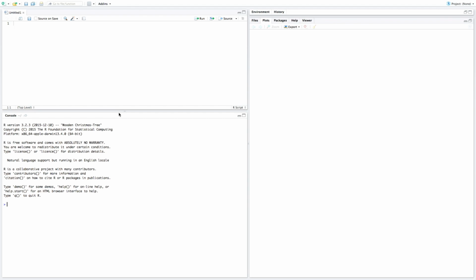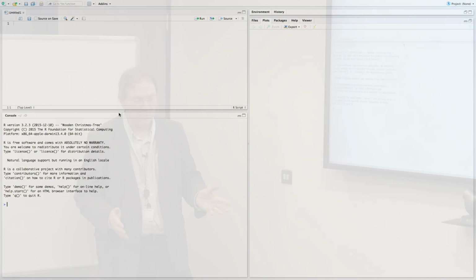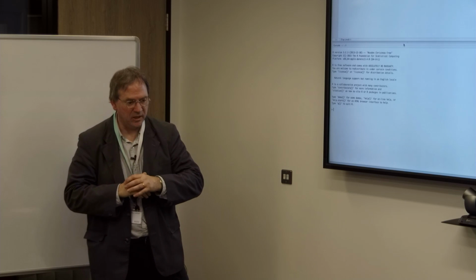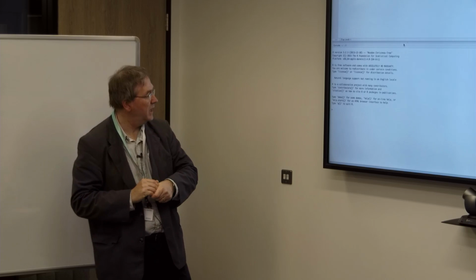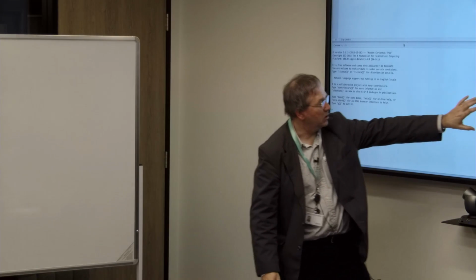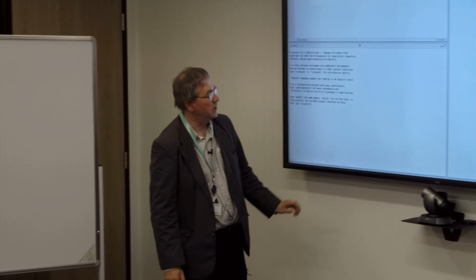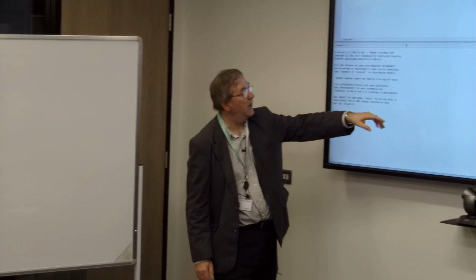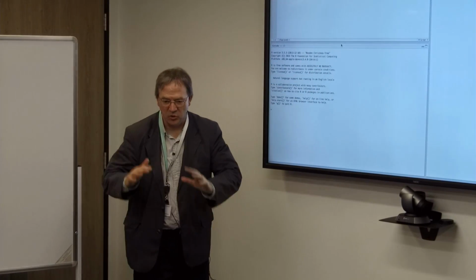In the regular R system, if you produce graphical output, then it will pop up a window, or it will send the graphical output to whichever graphical channel you've established. Here you have another panel inside RStudio where the plots will be assembled, and you can do various operations on that to zoom and to save it and so forth.